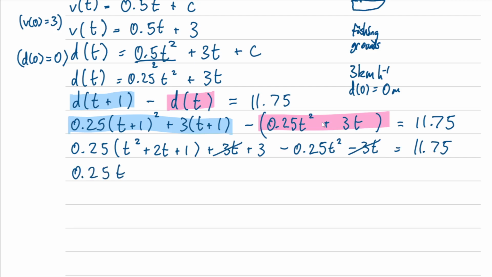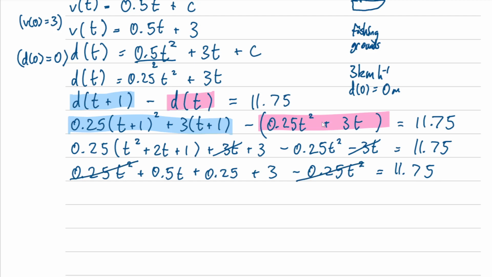Expanding out the first bracket, 0.25 t squared, and a quarter times 2t is a half, so 0.5 t plus 0.25. So that's expanded, then we have plus 3 minus 0.25 t squared. Great, I see some more cancellation, so minus 0.25 t squared and 0.25 t squared cancel. And then we have 0.5 t. Let's group some of these numbers, so that's 3.25